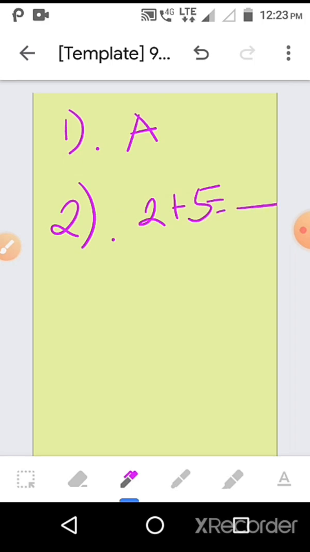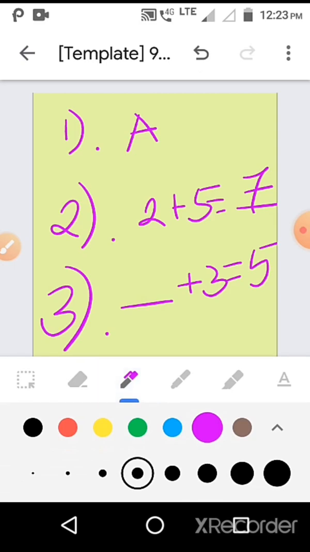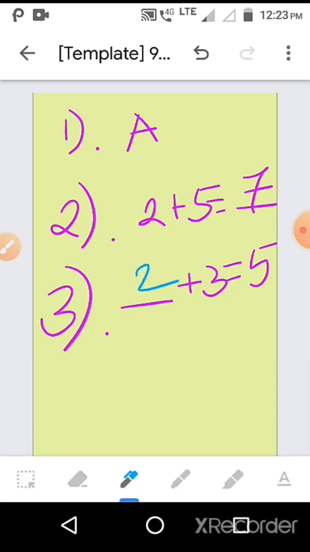So I will write the answer here as 7. So I will write one more question: dash plus 3 is equal to 5. So I will write the answer here as 2. So the assignment I have solved.